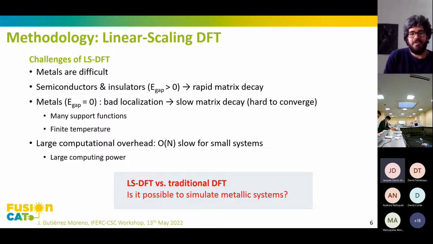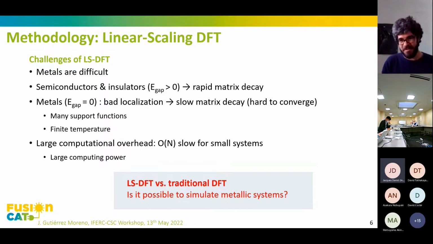The other issue is that, of course, these calculations are expensive, so we need very large computational resources to run them. And this is because, okay, these linear scaling methods are more computationally expensive, but they scale well. So they are really worth it, or they are the only way if you want to run very large systems. But if you want to run systems that are within the range of sizes that you typically tackle with standard DFT, then these calculations are very, very expensive.